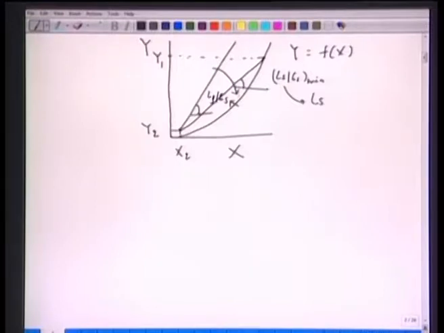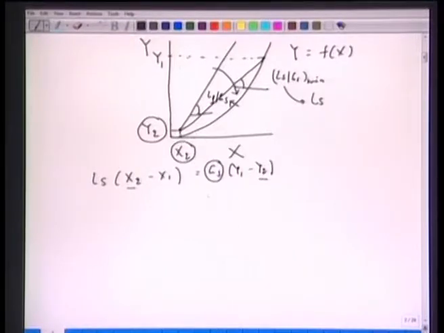We can write down the equation for this operating line as Ls (x2 minus x1) equals Gs (y1 minus y2). Here in this problem, the most typical problem, y2 is given to us, x2 is known, the gaseous phase flow rate Gs is known, y1 is known, so the unknowns are Ls and x1. But if we realize that at this location where the operating line intersects the equilibrium curve, we also have this equation, y1 equals f(x1).